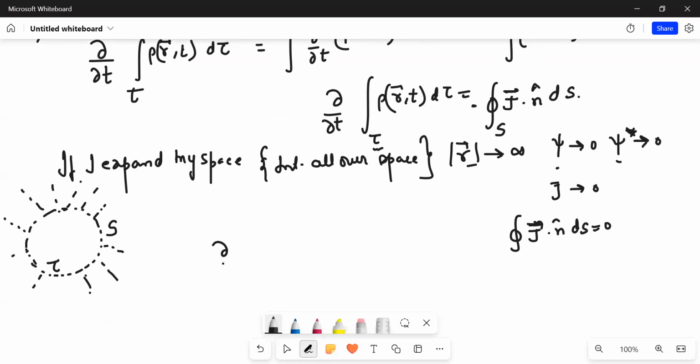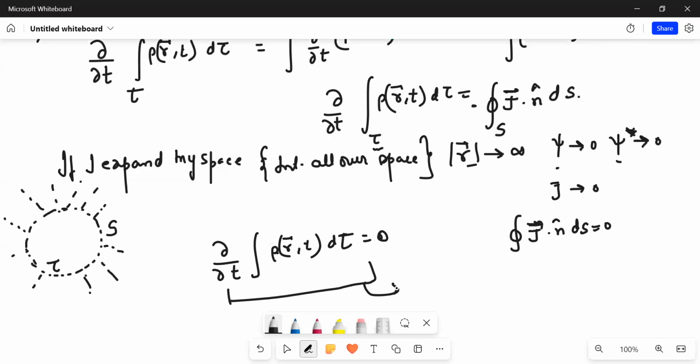In the entire space, if there are no sources, or let's say not the cases of decays, we are talking of a stable quantum particle, if there is no source or sink, your total probability again remains constant. So it again gives you the same statement. Okay, so this is one thing that I wanted to mention.